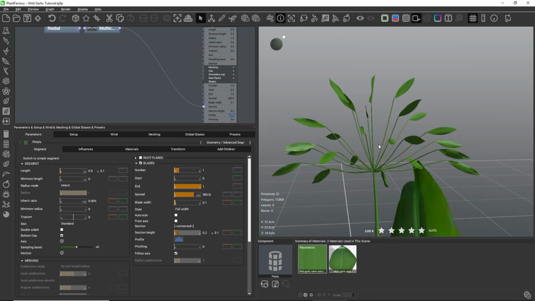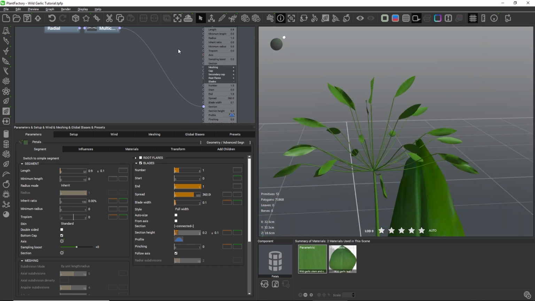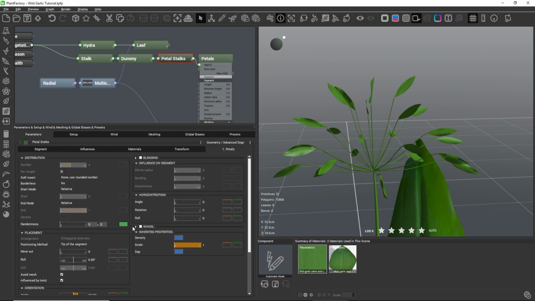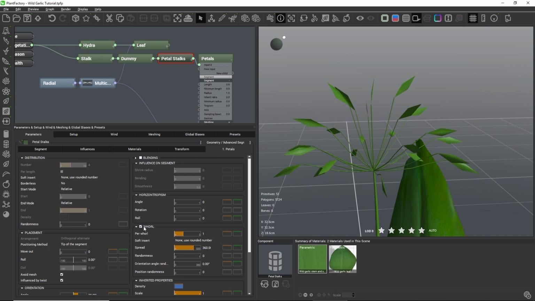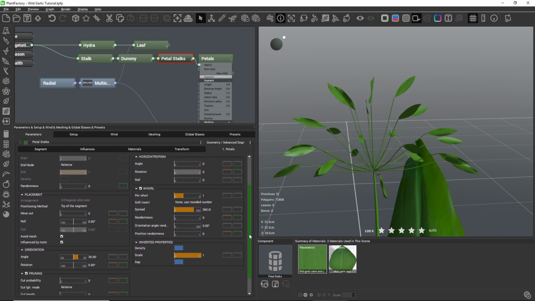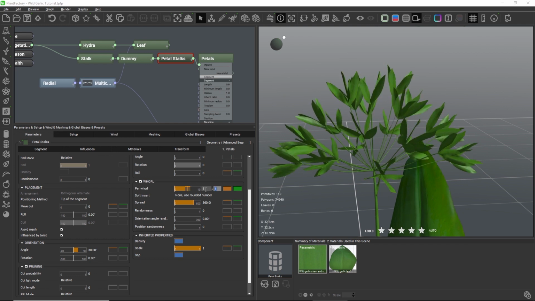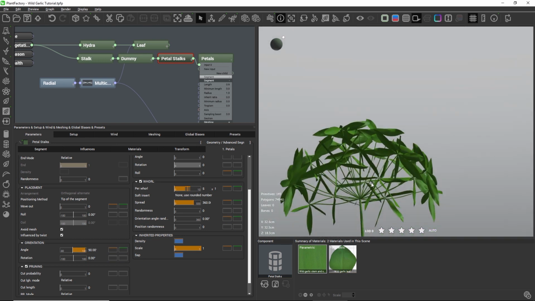Let's now add more petals. Back on the child tab of the stalk, we can create a group of petals with the whorl settings, and this group will grow out from the tip. I'll create 5 ± 1 petals. And we also need to adjust the growth angle to 90 degrees so that the petals grow in a right